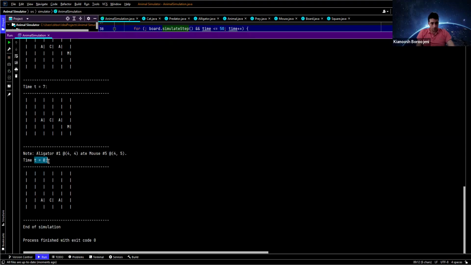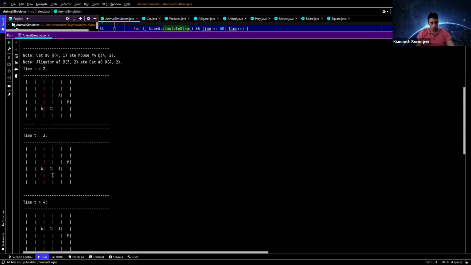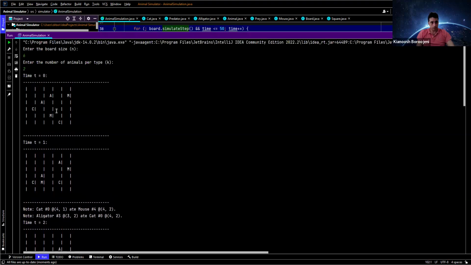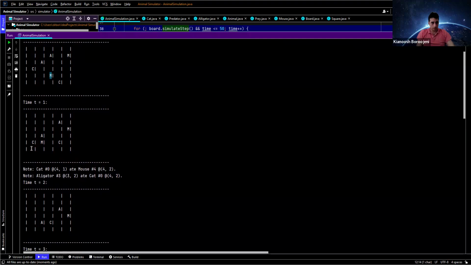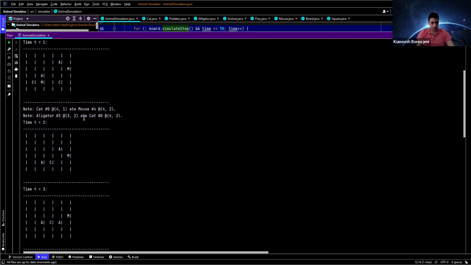Now my simulation took a much longer time. It took 8 seconds. And if you go through that, you see we had two mice here and here. The first mouse is eaten by a cat, which is this one. And then